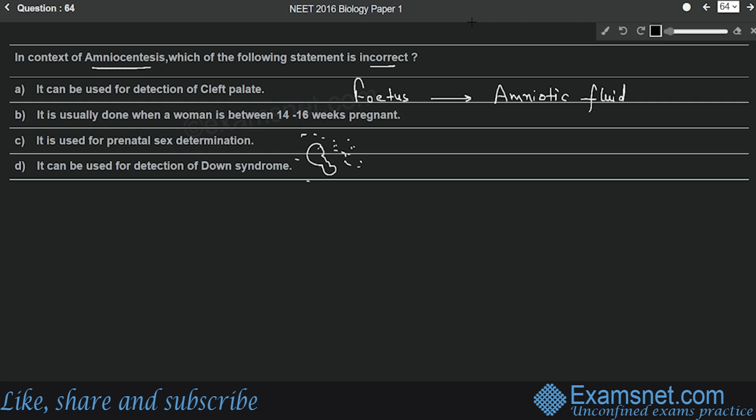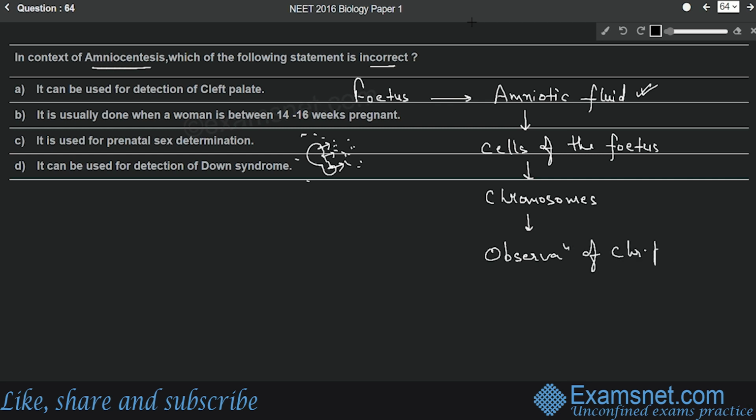Now what happens? Some cells of the fetus get into this amniotic fluid. That means amniotic fluid will contain some cells of the fetus. Now cells will contain chromosomes, isn't it? And chromosomes have genetic information in them. So in order to find any genetic information of the growing embryo, some amount of amniotic fluid is taken using an injection, and then the chromosomal patterns are observed. Observation of chromosomal pattern is done,